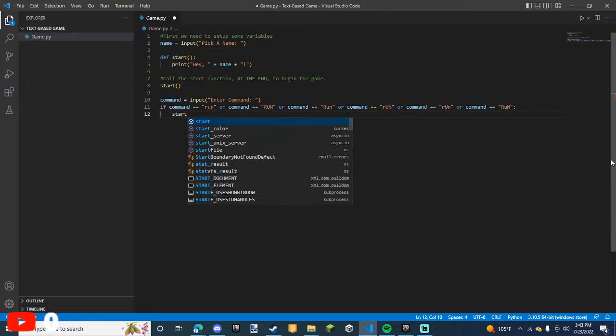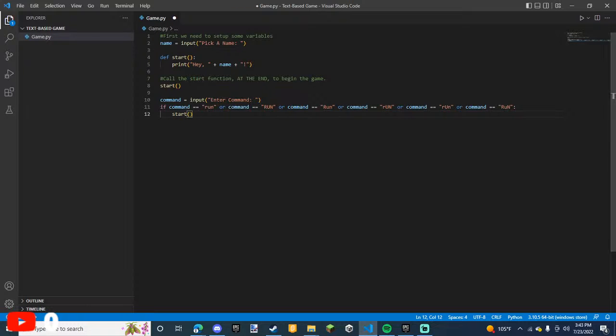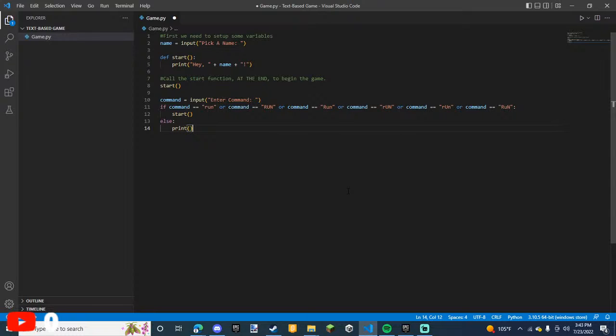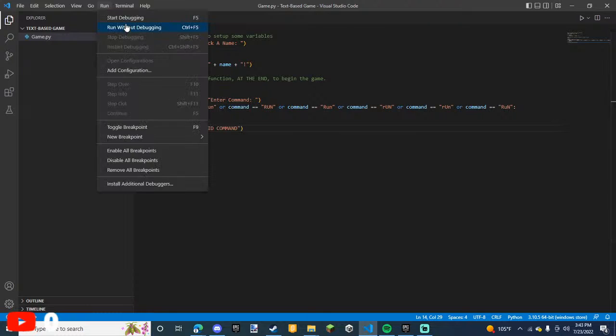Start. Okay. Else print. So I made two random things there. Print invalid command. Okay, so now if we run this,